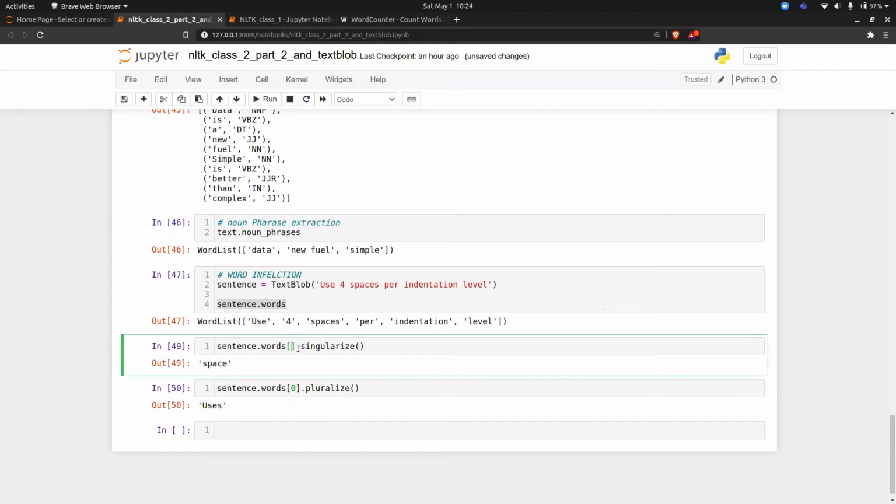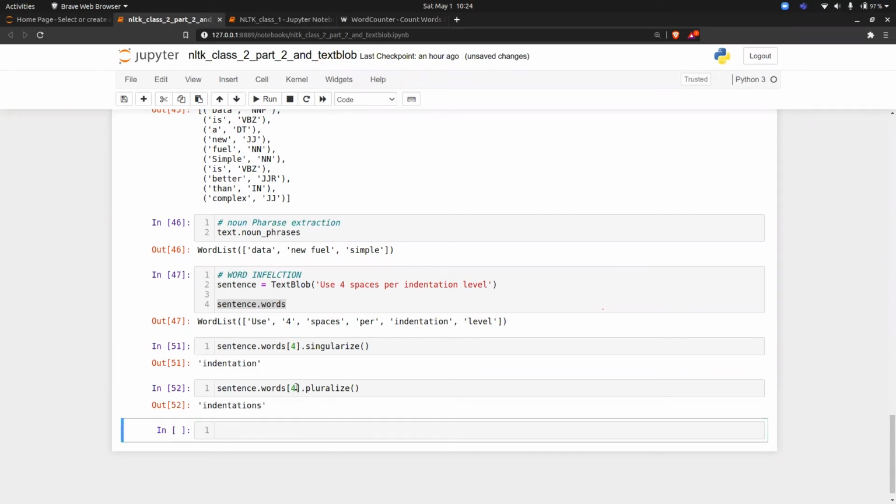So let's put 4 here, and it is indentations. This is what singularize and pluralize try to do. A simple thing. So this is what word inflection is.